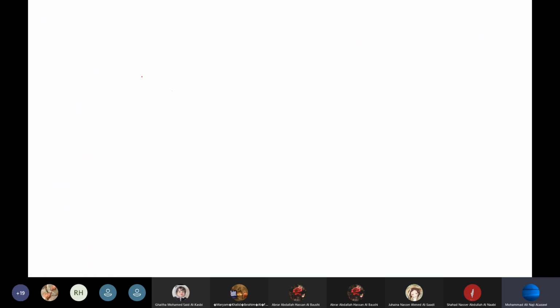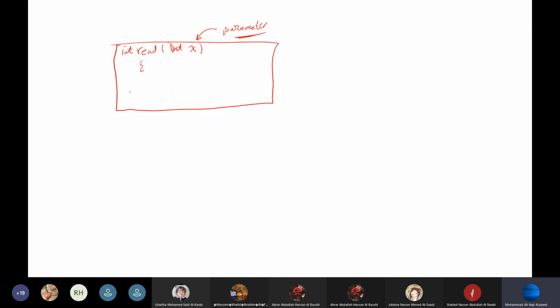Okay, now the parameters. Suppose that you have a function here. Let's call it integer read, or not read, give it any name. Anyways, here if I, for example, passed an argument, this argument is called a parameter or variable. So how do I access the contents of this function, the instructions inside it,